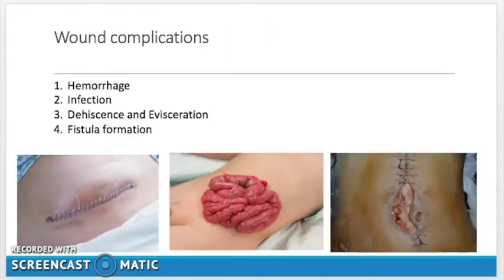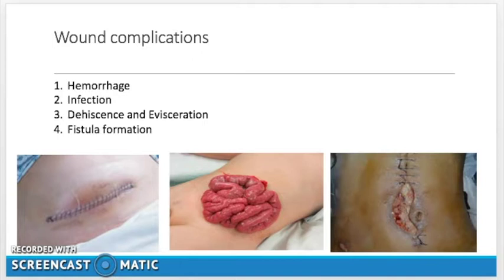This slide shows some wound complications. The first one is hemorrhage. Hemorrhage can be internal or external. You want to be checking dressings frequently, particularly in the first 48 hours after surgery, and then every 8 hours after that. And then if bleeding does occur, you want to add pressure, give fluid replacement, and possibly return to surgery,